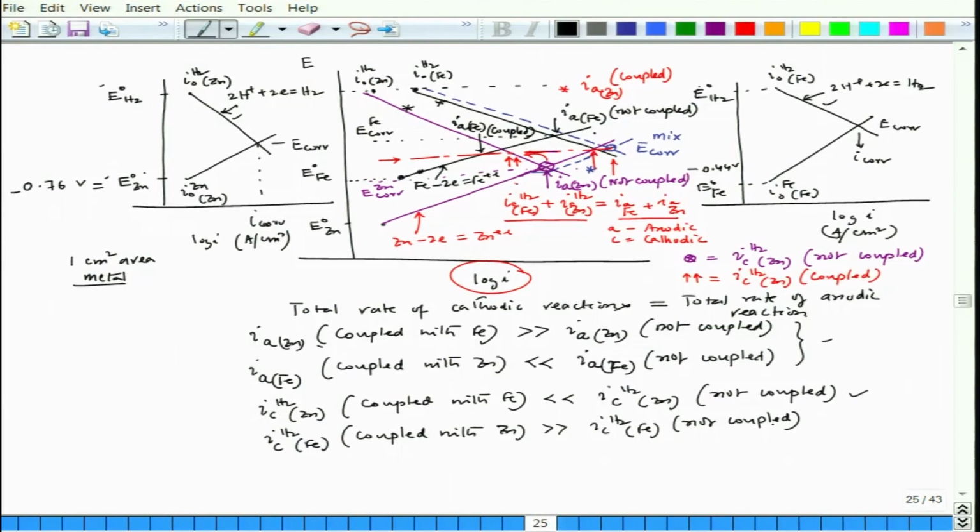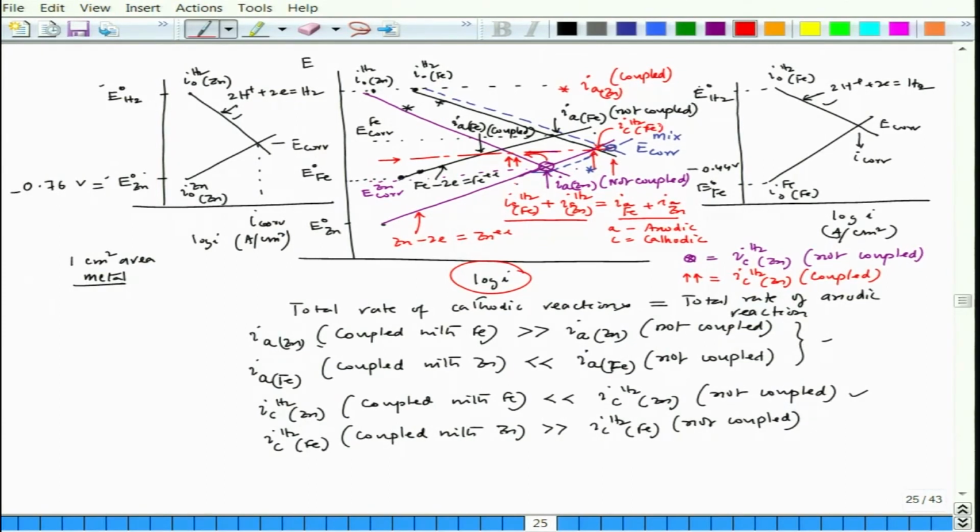Let us see those two points. Again we have to see the red lines, and the red line is cutting the hydrogen line for the iron case here. So, this is I_C hydrogen